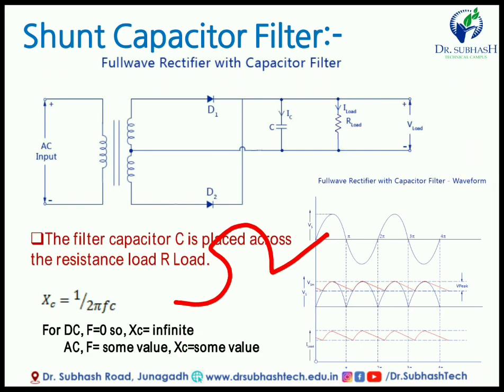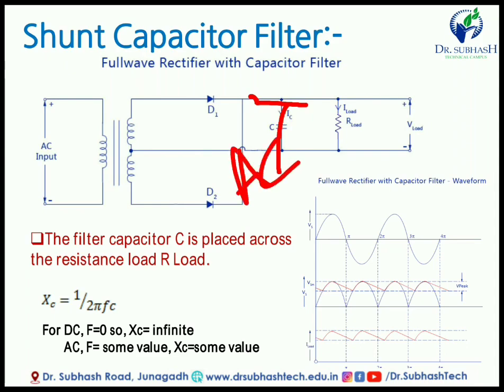but whenever we give some AC supply, then the F value is there, means it is not a fixed frequency, but some frequency is available. So, according to the frequency, Xc has some value. The Xc varies according to the frequency of the supply. So, we can say that the capacitor does not allow DC to pass, but it allows AC to pass. So, what happens here at this point? Here AC plus DC mixing is there, and the AC component passes directly through this capacitor, and DC is bypassed, means DC passes through this resistor.